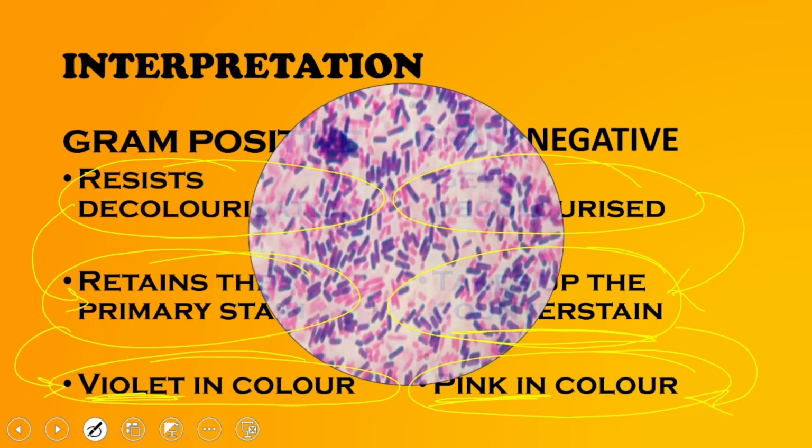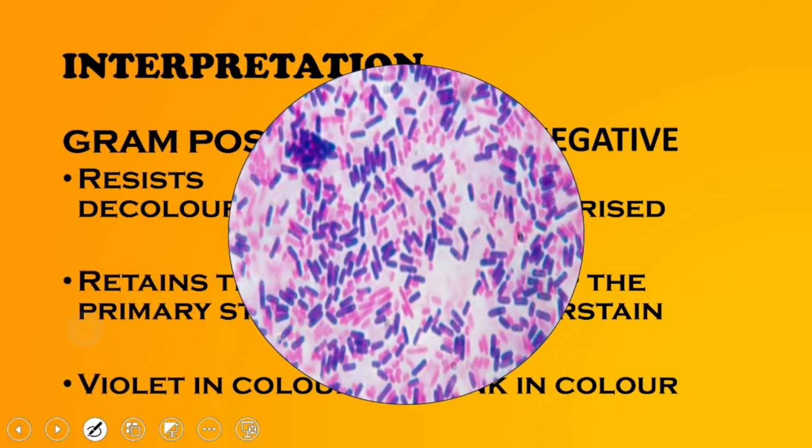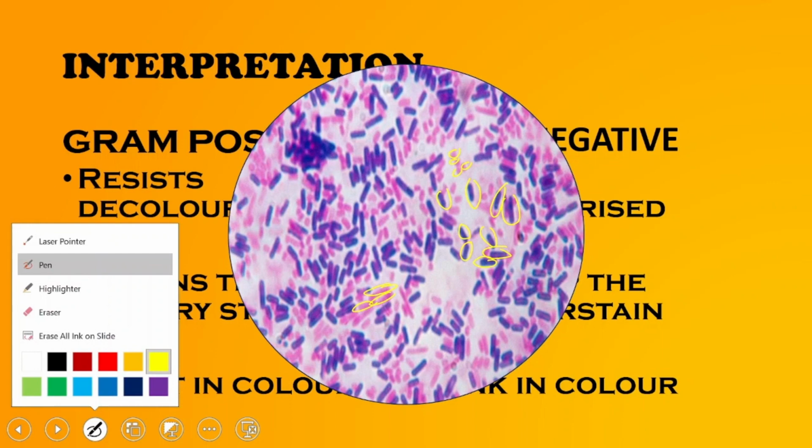Look at the diagram over here. Can you appreciate the image shown? See, I'm highlighting here. Multiple blue colored, purple colored, violet colored gram positive bacilli can be appreciated in this entire image. And behind we can also appreciate the gram negative bacilli. Over here some gram negative foci can also be appreciated, right? So this is how we can see the interpretation, gram positive and gram negative under the microscope. This is how they are going to look like. Done and dusted with this part.